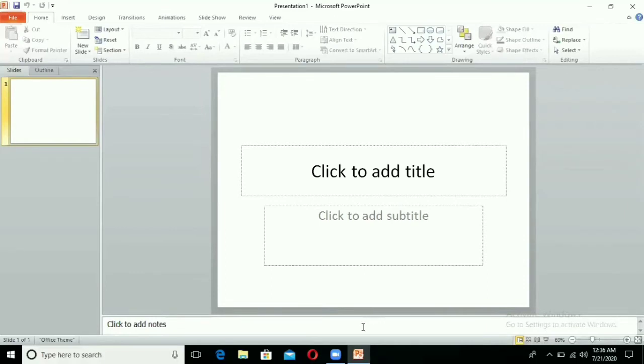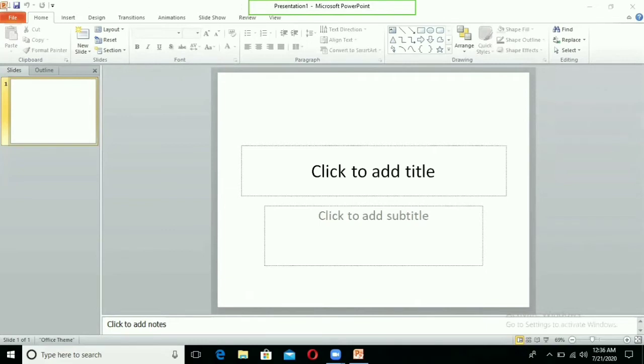You can see here the topmost bar is called the title bar. This one is our title. In the title bar, it shows the name of the file. Like now our file name is Presentation 1. When we save our file, for example, I will give the name SRBPS. Then in place of Presentation 1, SRBPS will come, because SRBPS will be the name of the file after saving the file.